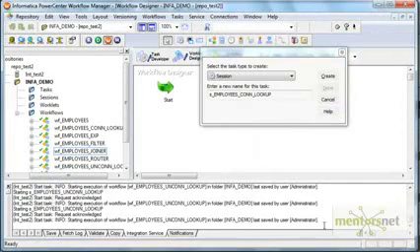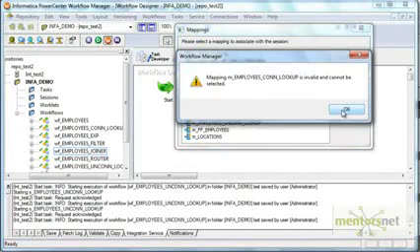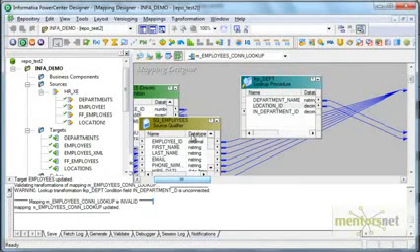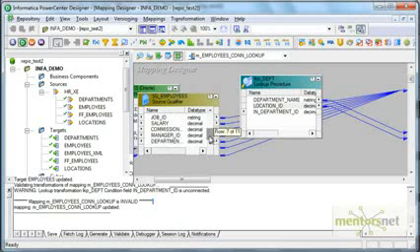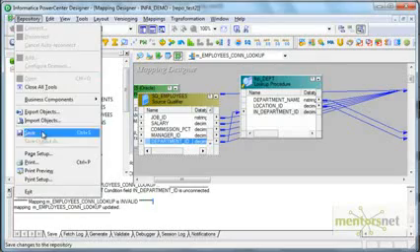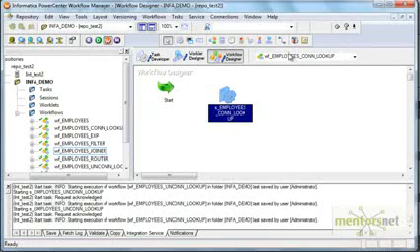So I'm creating a workflow, and okay, the mapping is invalid. Let me check why. That is because I did not connect the input port. So let me connect this department ID to this as well, and now let me save this again. Yeah, now this is valid. Now I'll select the mapping and connect these two.